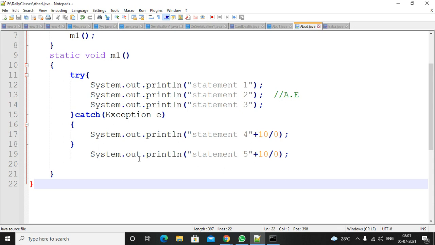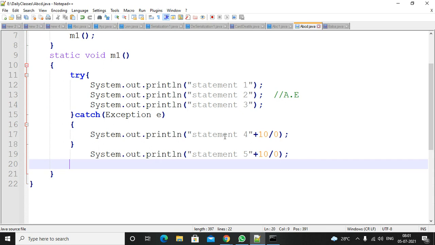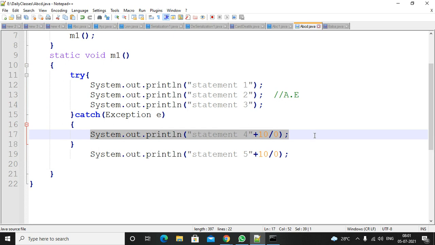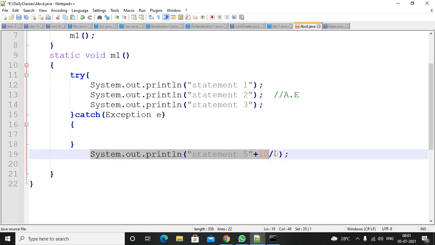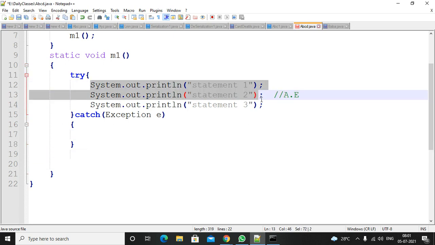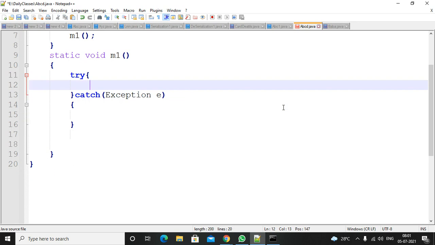So suppose multiple catch blocks. Okay, no problem. There is another scenario. We will see what exceptions we can face. You already know what an arithmetic exception is. Suppose I have an array here.